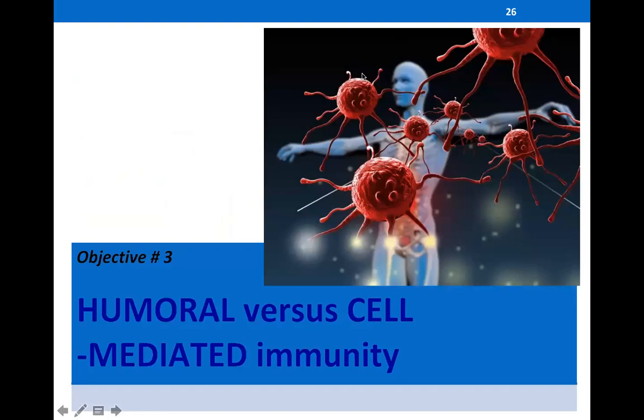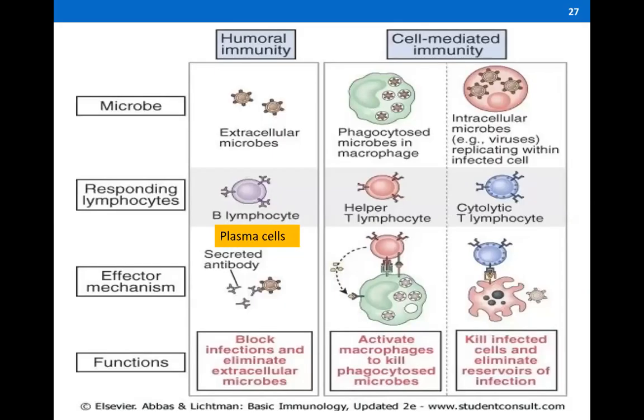Okay. Now, after differentiating those types of immunity, we'll also have other differentiating terms in the immune system. You have the humoral or cell-mediated type of immunity. This is the humoral immunity, and this one is the cell-mediated immunity. This illustration would actually help guide you in understanding immunochemistry. Once a microbe